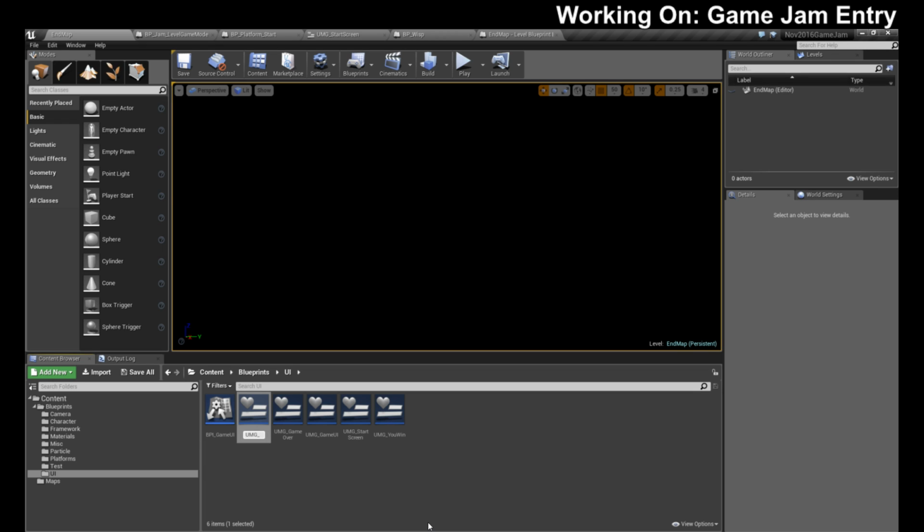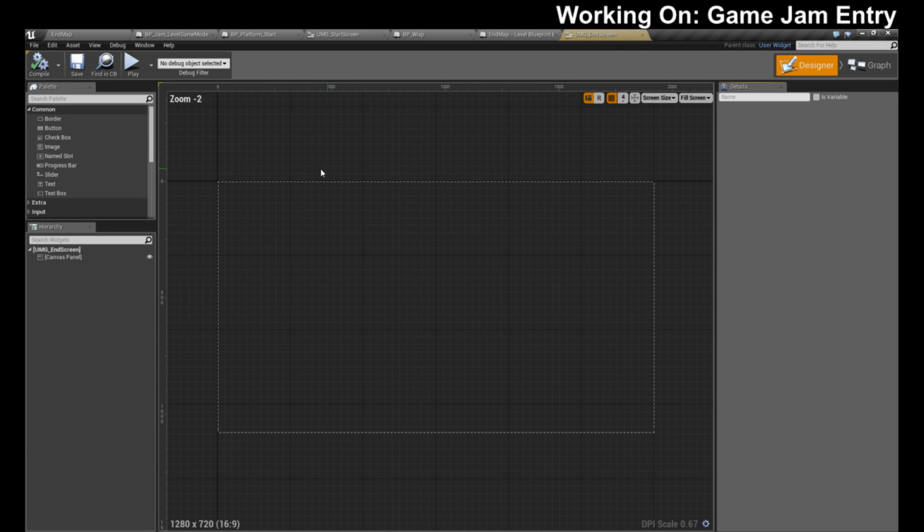I have a start screen, I have an end screen. Let's go with end screen for now. And we'll just go with a horizontal box. Oh, let's go with an overlay. So then we can drag an image for a background, and then a vertical box.